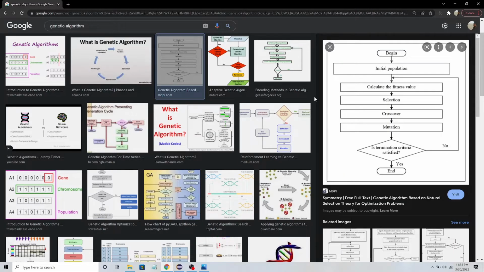Hello YouTube. This is about genetic algorithm in which we actually initialize a population with some random values. We will calculate the fitness of the different populations. Then we will select two populations based on their fitness values, and we will cross over them to reproduce a